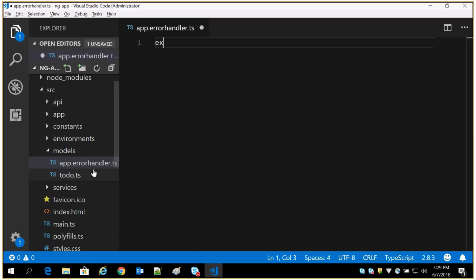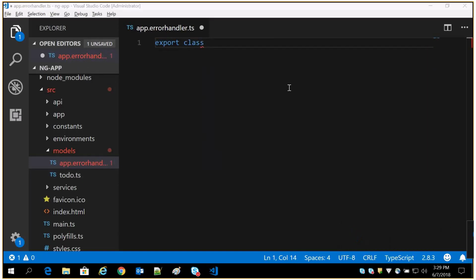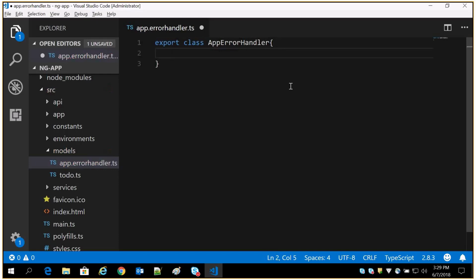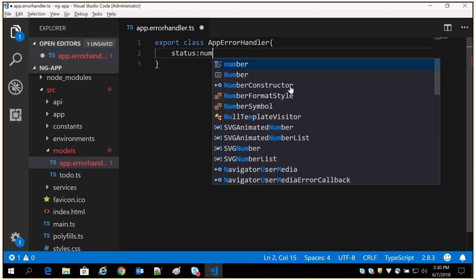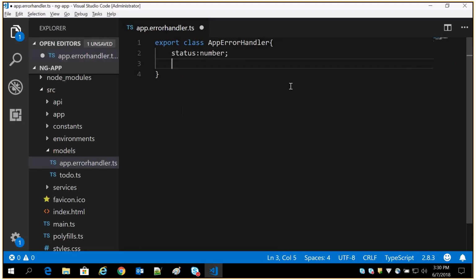So once again export the class called app error handler. There I'm just saying it should have a status, a number, and status text.